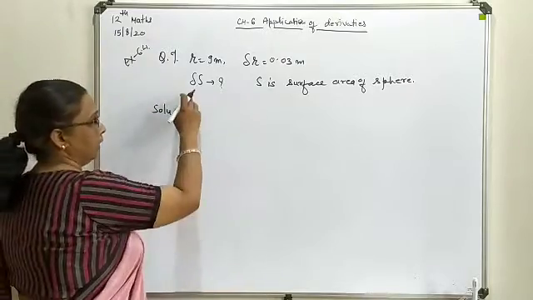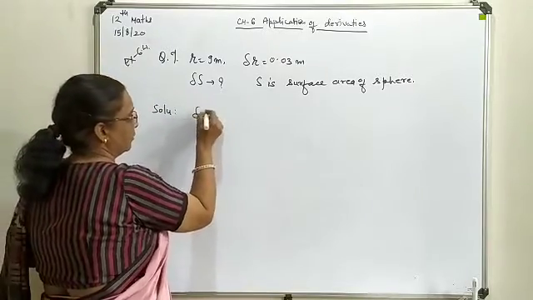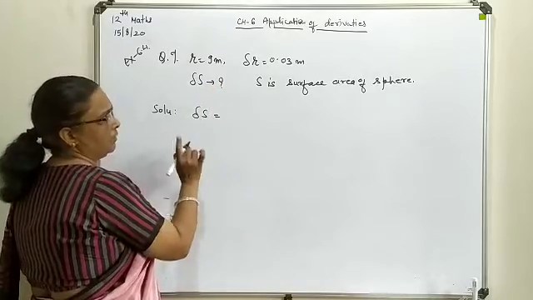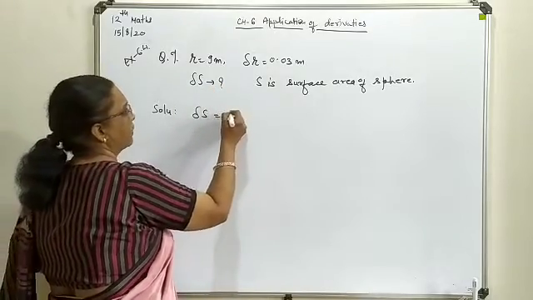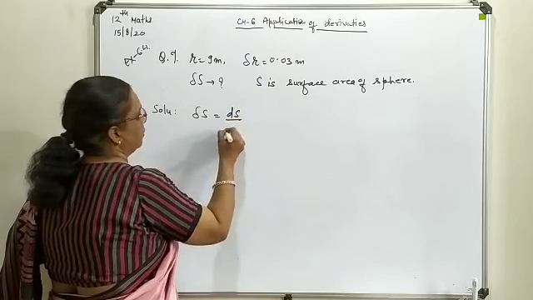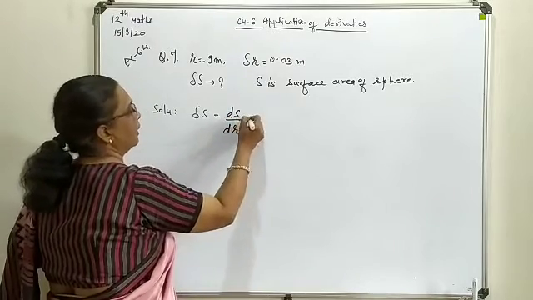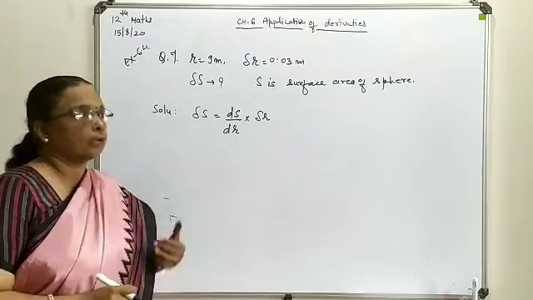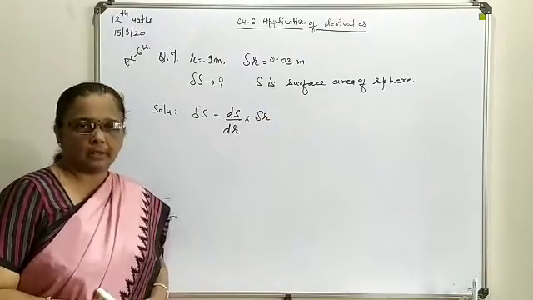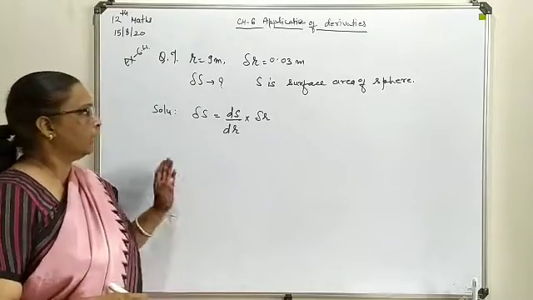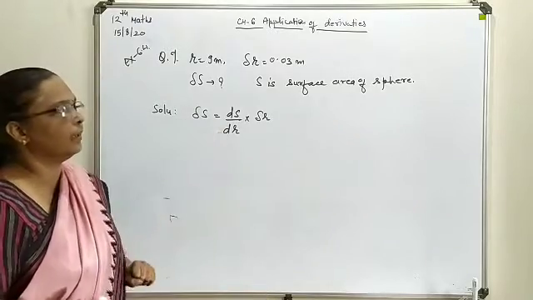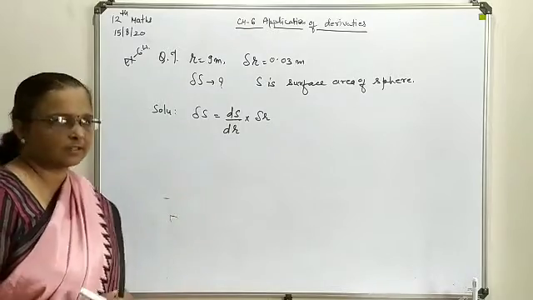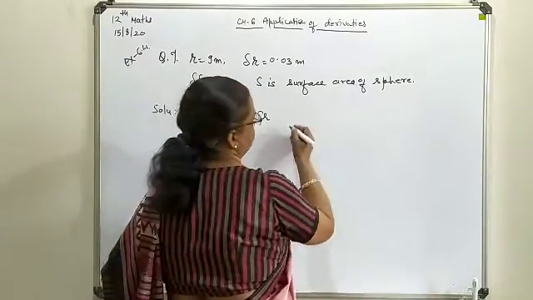What we need here is the error in the surface area. The radius is available, so obviously we have to differentiate the surface area with respect to r, and multiply by delta r, meaning the parameter due to which the error is being produced. Now first we require dS by dr. So first we write the formula of the surface area of a sphere.